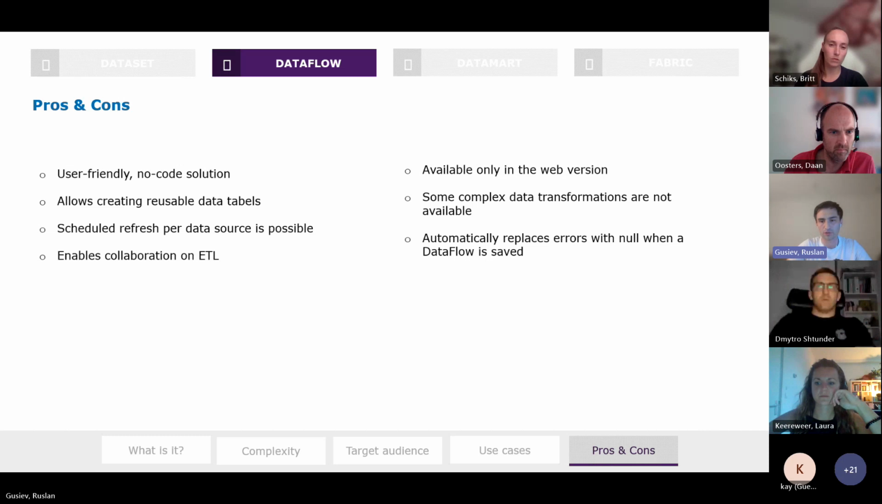And multiple team members can collaborate on maintaining data flows, improving efficiency, and allowing division of labor. It's really cool that you can work as a team and improve this data flow for the whole company if it's needed. So about cons,